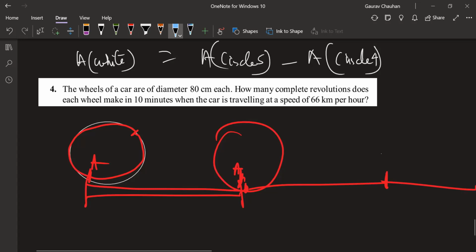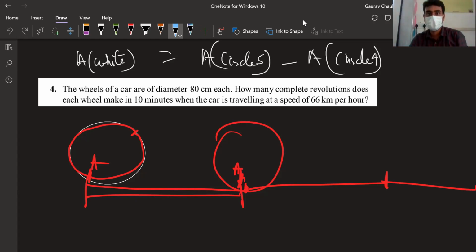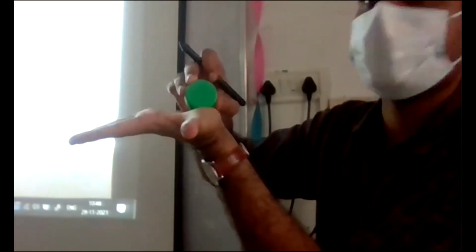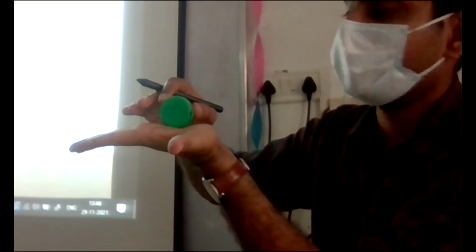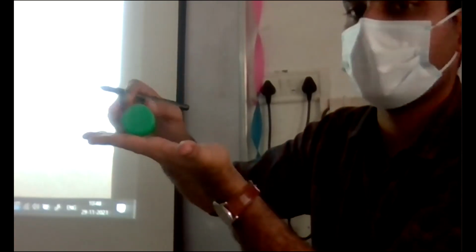Do you want me to demonstrate that once using Rizal's sharpener? Can I have your attention here, please? See this point here at the base. Let's call this point A. Now we start from this point. We are rotating. This point A goes up and it comes down till here.